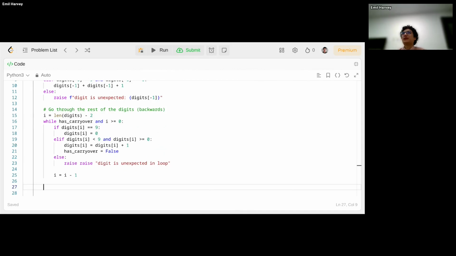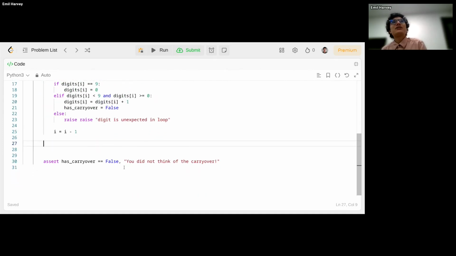And in that situation, it's when you have like 99999, right? You've incremented the last one, you've tried to go backwards through the whole array, and you've incremented each one, but you're still left with carryover equals true. And if I try to just run this program, we might get this error, right? So again, very helpful error, and it kind of is helpful just being there because I see it looming over me, and I just know that I need to think of it.